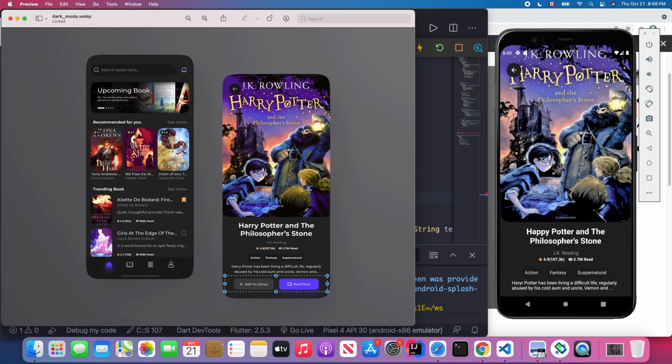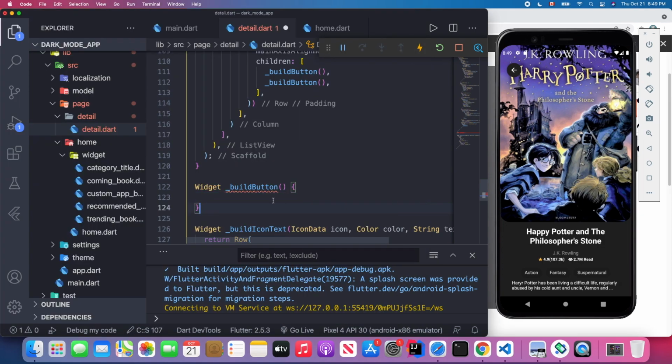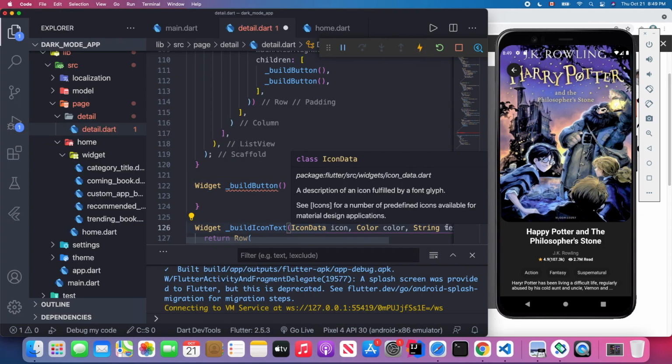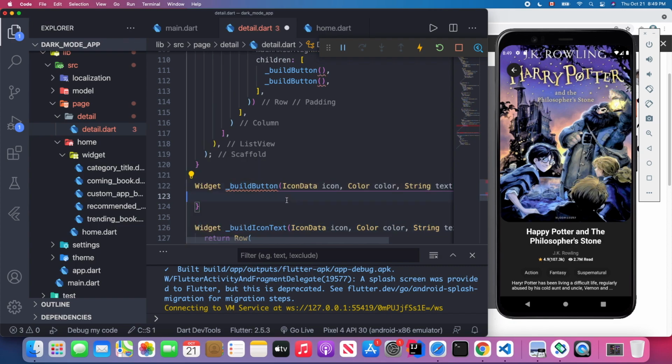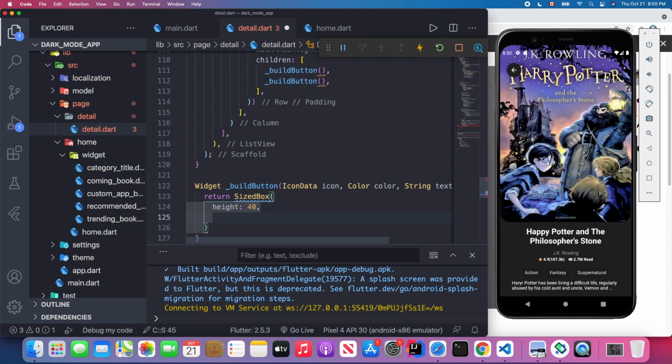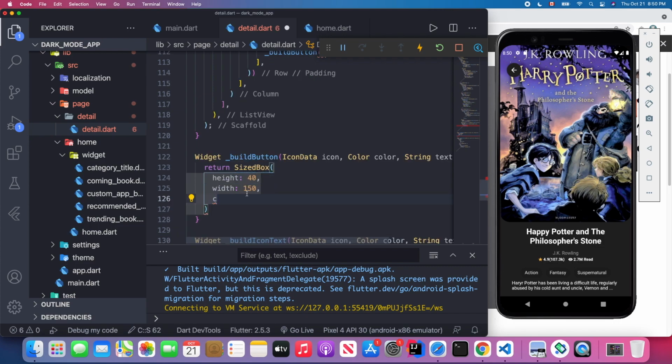So we'll receive the icon for the left, and the text and the background color. So probably the same as here, so I could just copy here. Okay, and we're going to return a SizedBox. So I'm going to give it a height and width for the button. So height will be 40 and the width probably 150. And for its child, I'm going to return